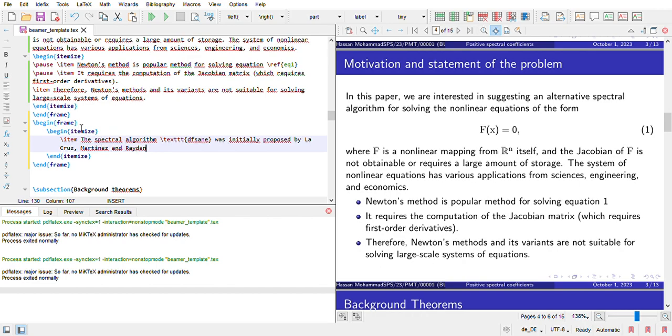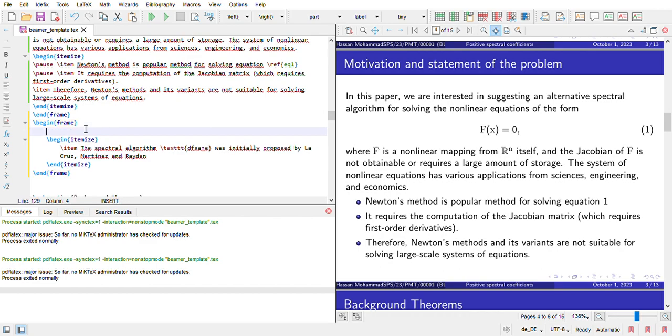Before the itemize, I have to say that matrix free methods exist in the literature. These methods are designed